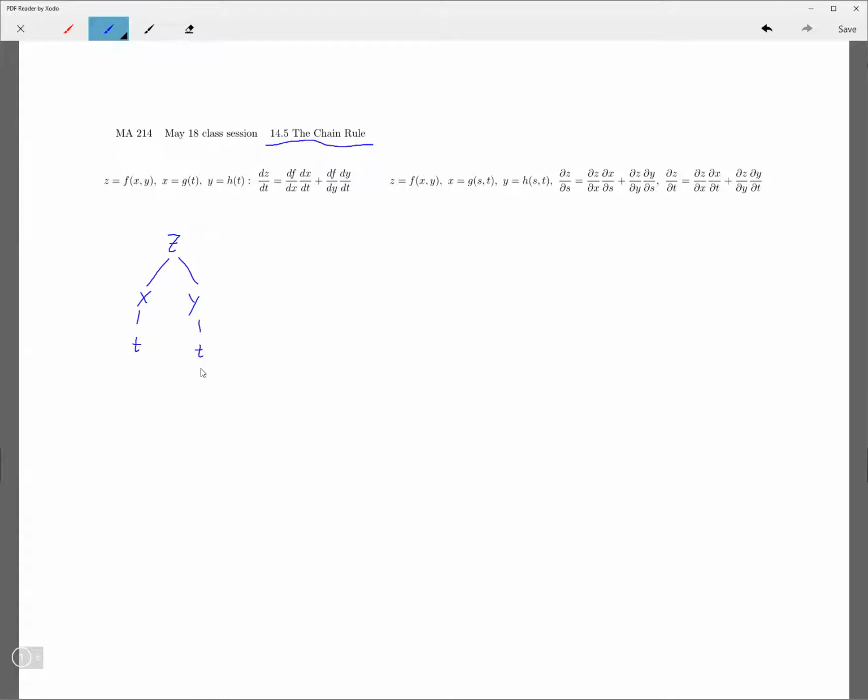And y, and then x and y are both functions of t. So really, you have these intermediate variables here, but z is a function of t in the end. And so to find the derivative of z with respect to t, you go down all paths. So it's dz dx, or df dx, because z is basically f. So dz df,